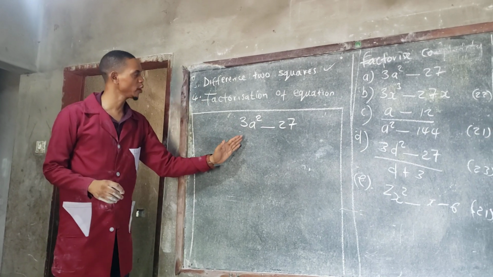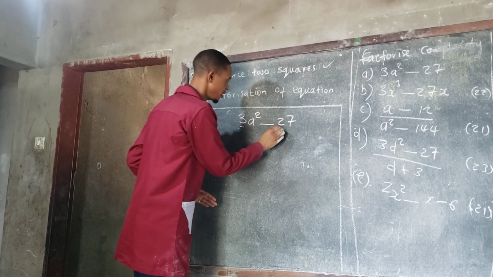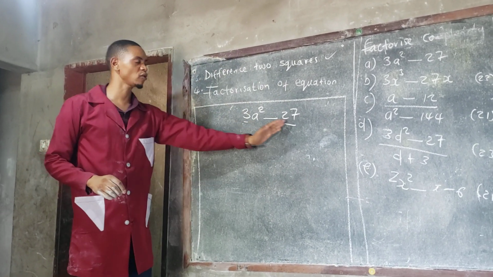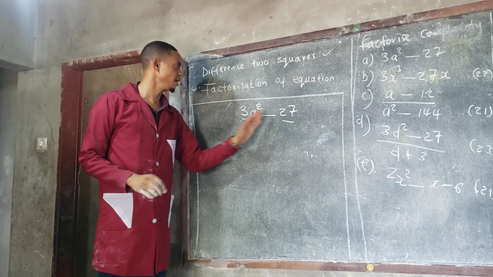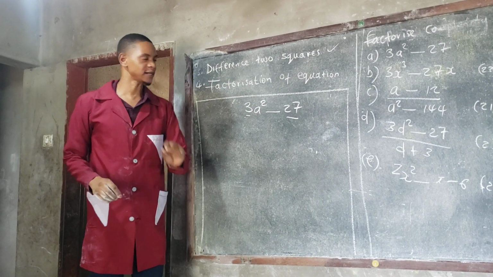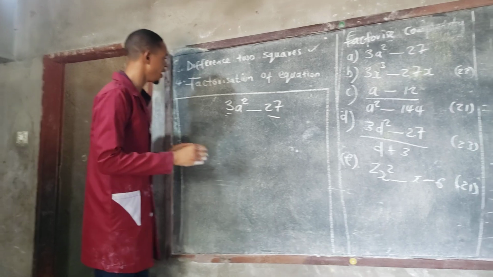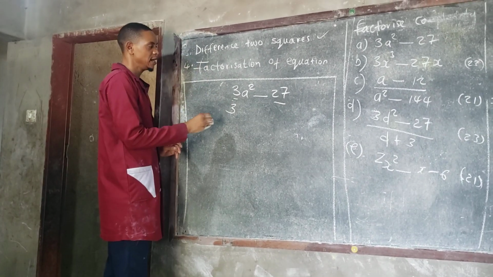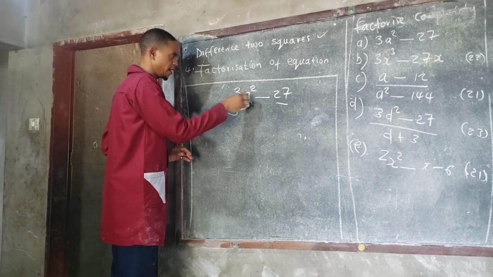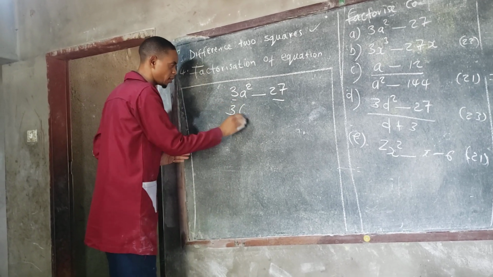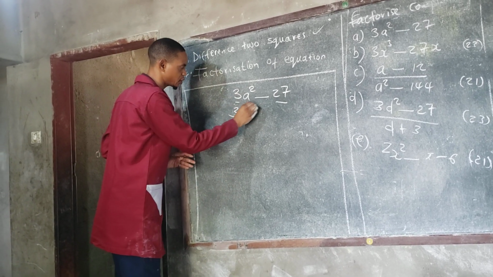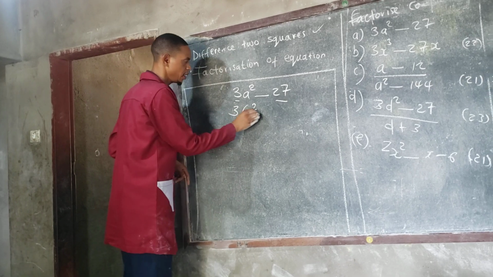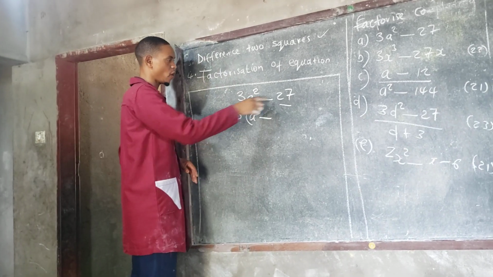The first thing I have to do is to check the numbers that are given, 3 and 27. There is a common factor between 3 and 27, and that number is 3 itself. The common factor goes outside, and the numbers that are not common will be inside the bracket. So here I've got a squared inside the bracket, minus, then I ask,